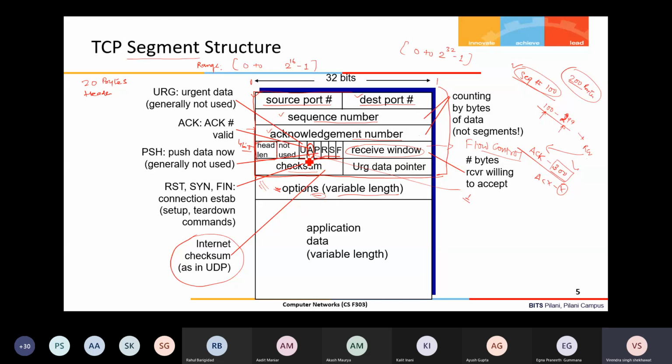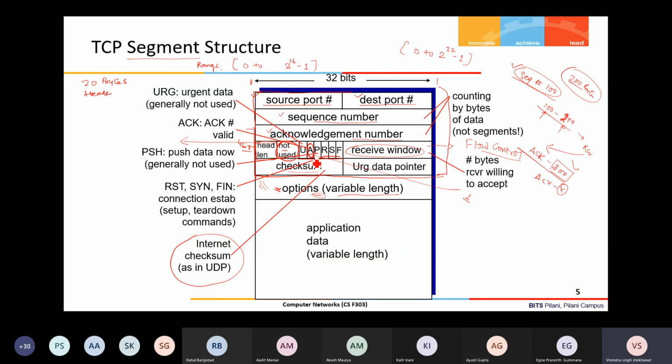Come to the other fields, like the acknowledgement and flag fields. There are 6 flag bits, and 6 plus 4 makes 10. These 6 bits are unused actually. These bits can be used for any future enhancement in the protocol. Maybe some applications can customize this field, but in the original TCP, these bits have been kept as an unused 6 bits.